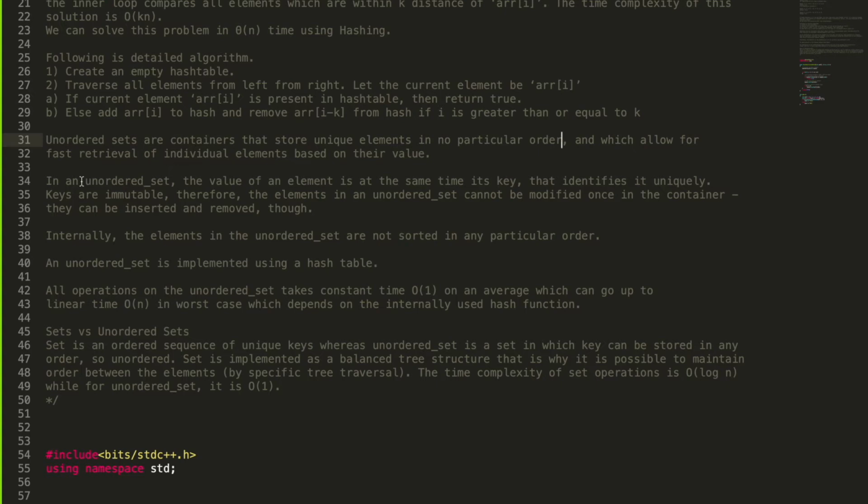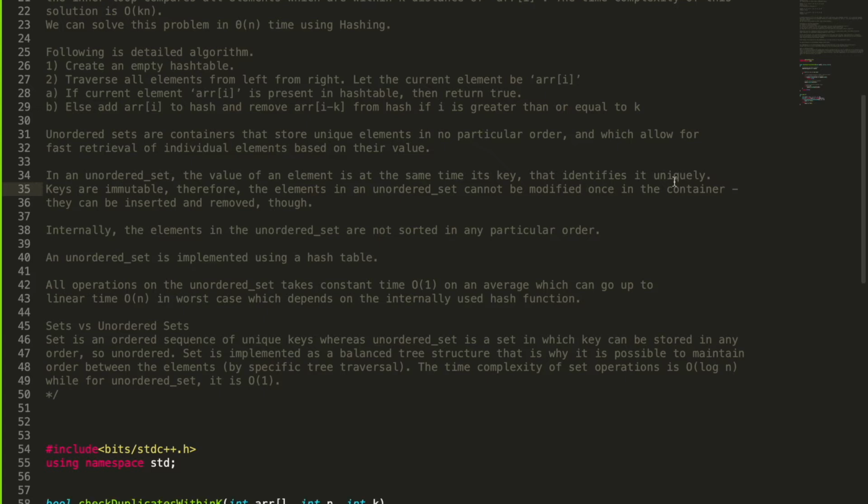Keys are immutable. Therefore, the elements in an unordered set cannot be modified once in the container. So this is a very good point here: the moment you enter the keys, they are immutable. Either you can insert the keys or you can erase them. I mean, you can remove them. Okay, you cannot modify them once they are inside the unordered set.